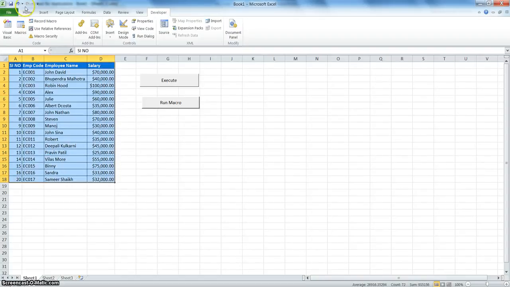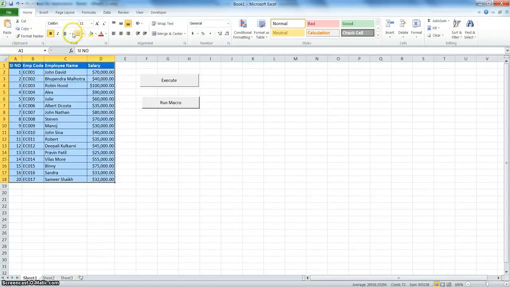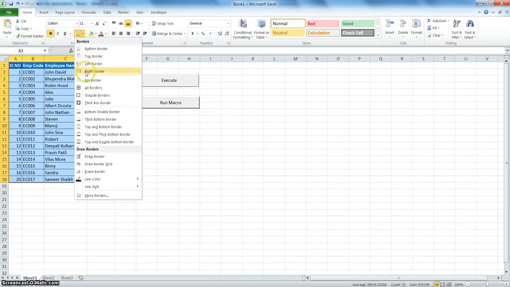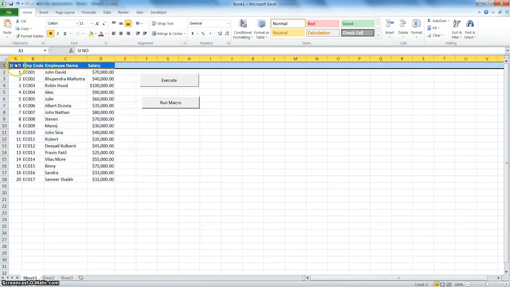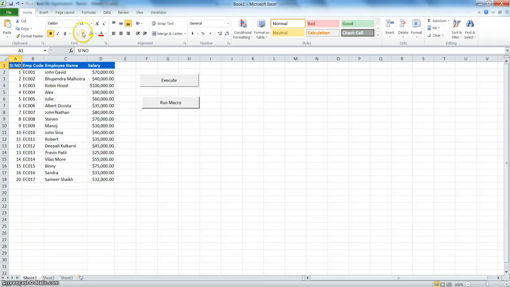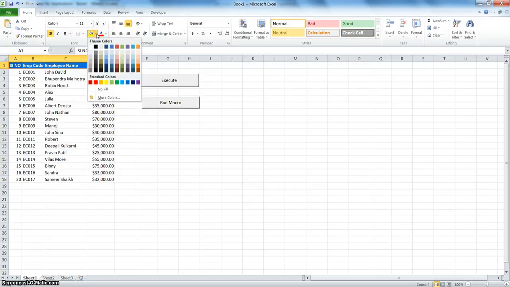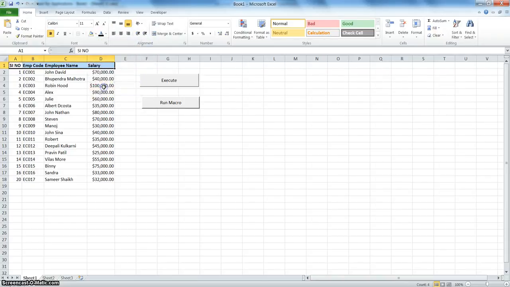I am going to remove all the formatting and make it normal format: no fill, font color automatic, and remove the bold. Now it is in normal format.